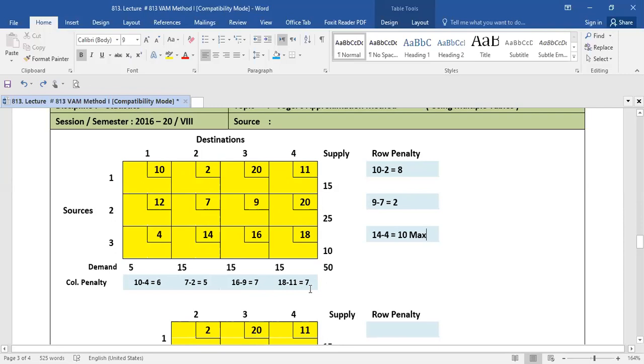Now you will see which penalty is the maximum or largest. Here in all these 7 penalties, there are 3 penalties on the row side and 4 penalties on the column side. You see which one is the maximum. So this is the maximum difference. This penalty is maximum. So you will take this row for your selection, in which your allocation will be made.